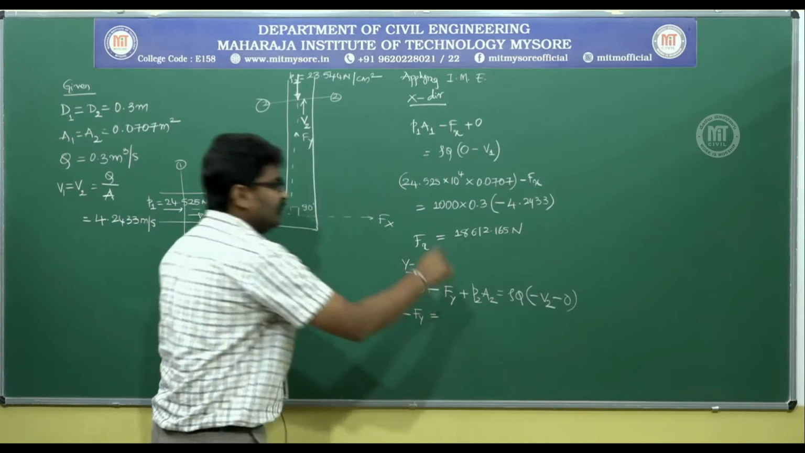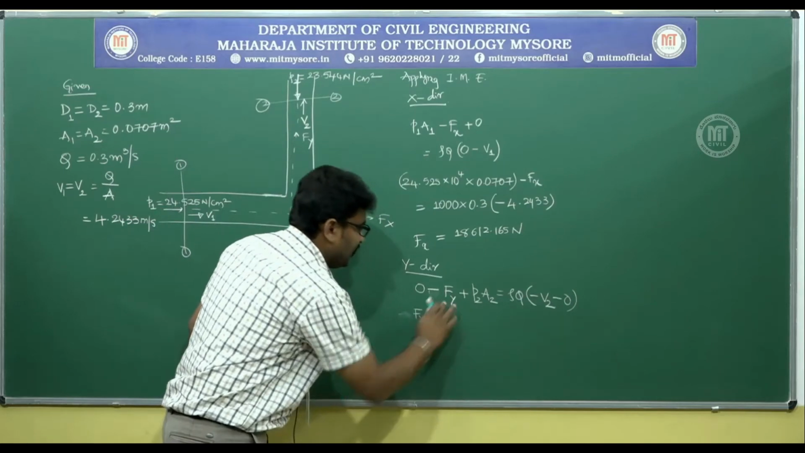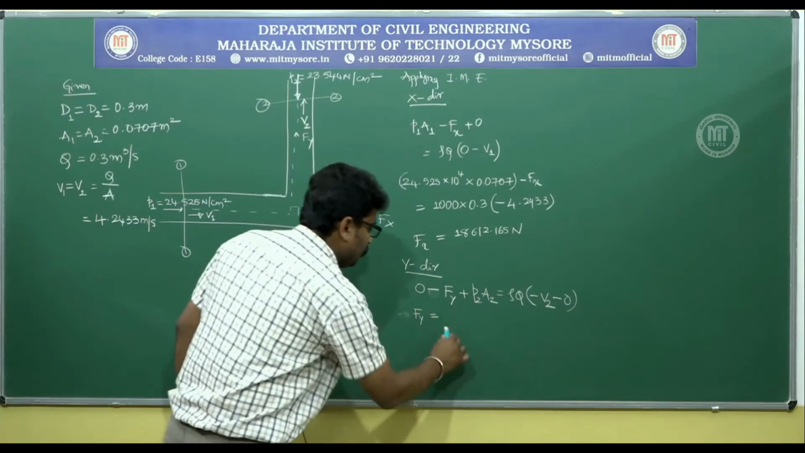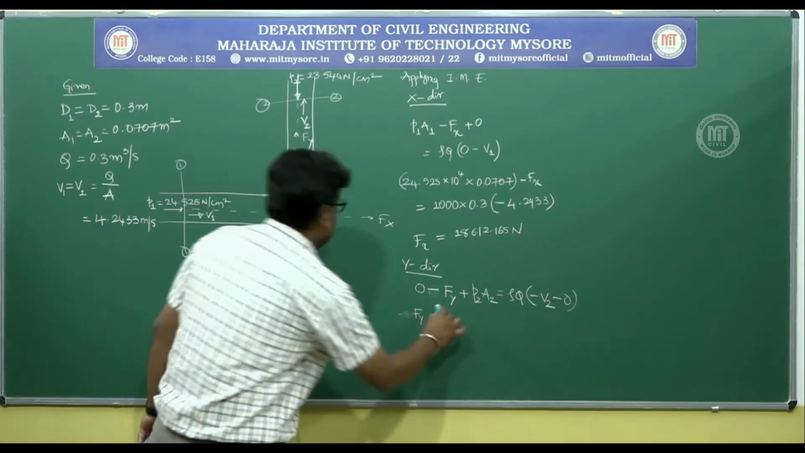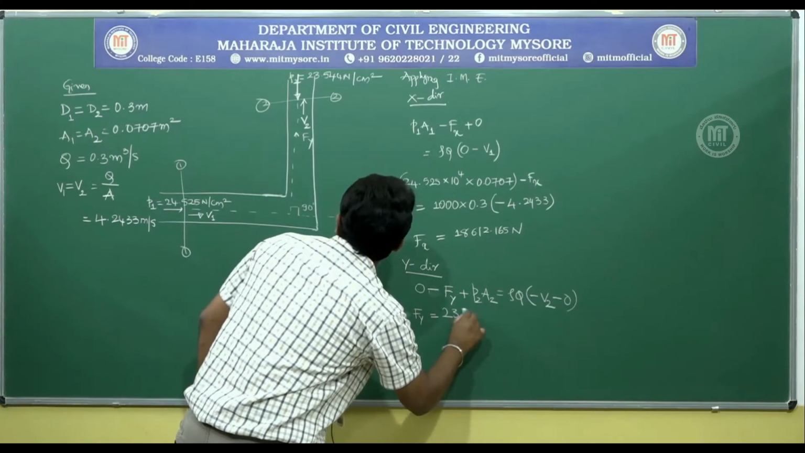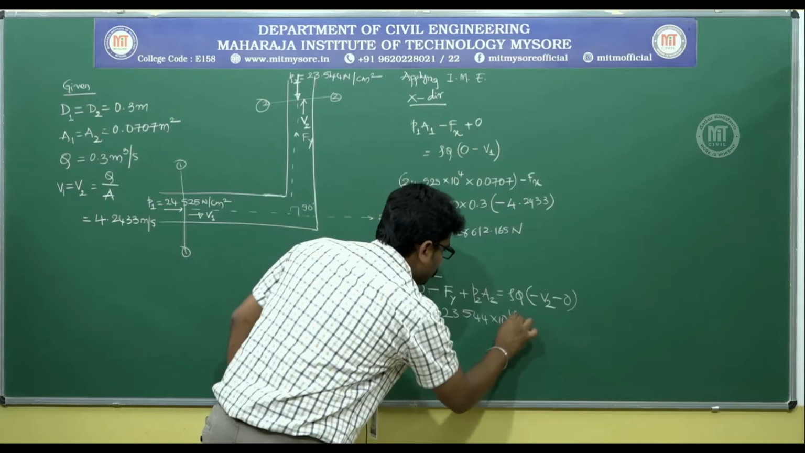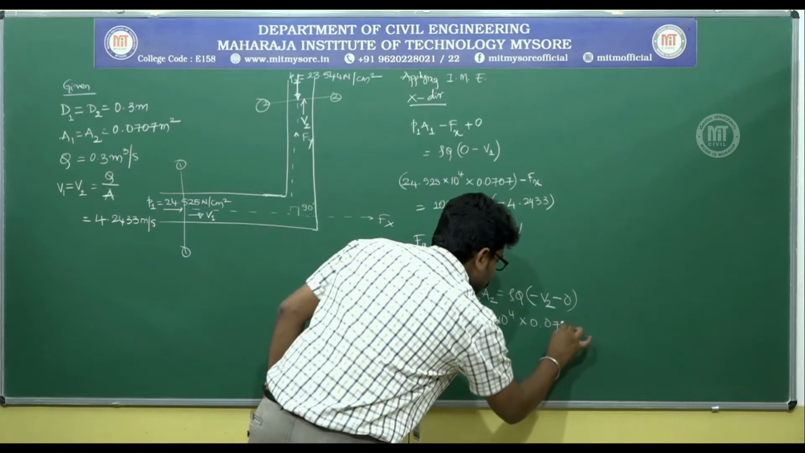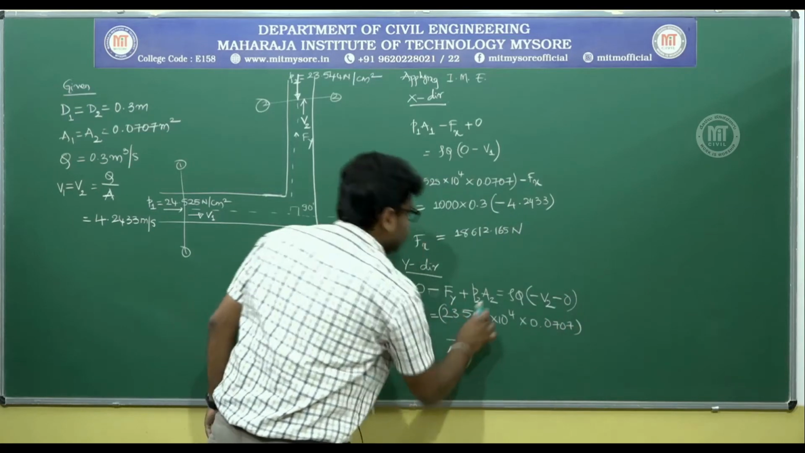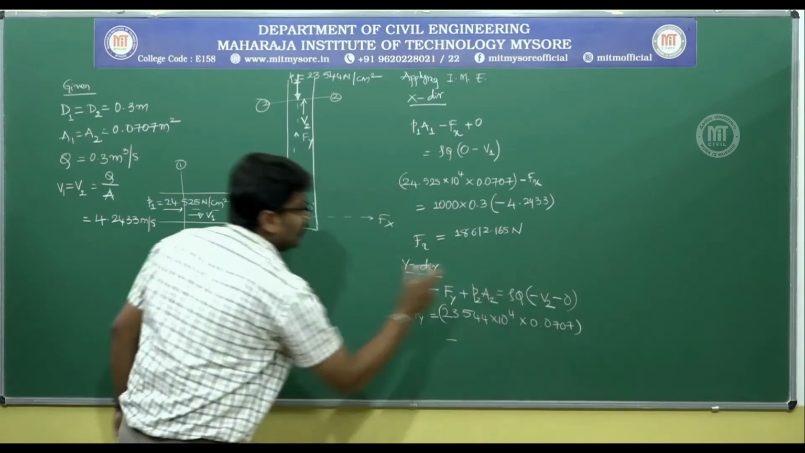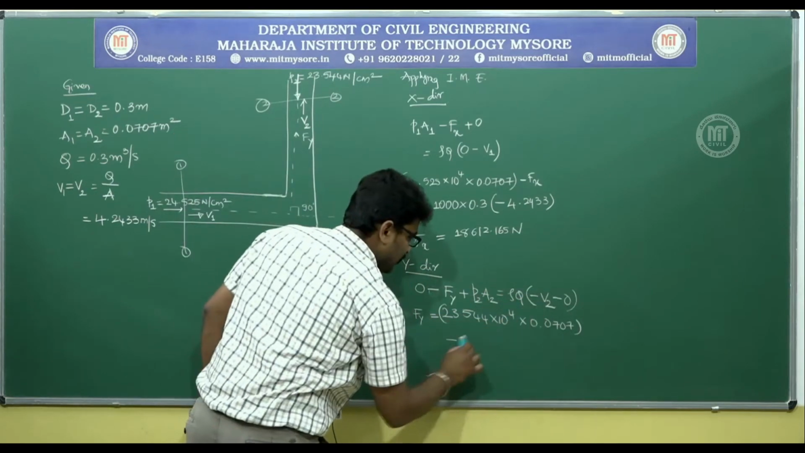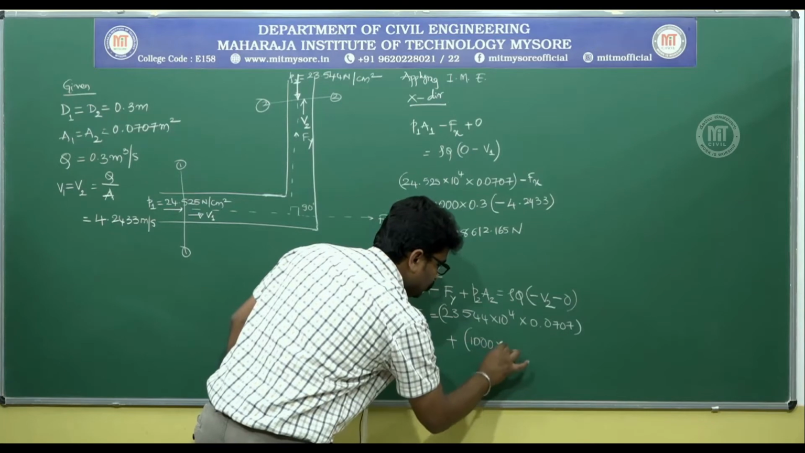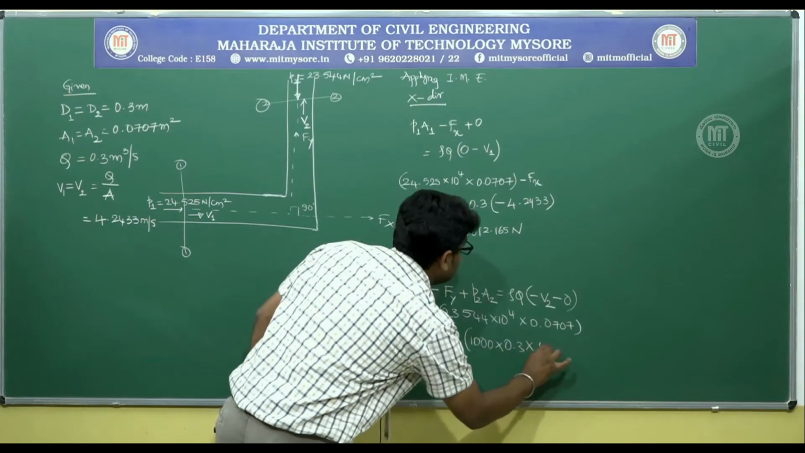Remaining things you can send it to the other side, or keep Fy, send Fy onto the right hand side, keep rest of the things to this side. What am I left with? Fy is equal to, what is P2A2? P2A2 is 23.544 into 10 power 4 into area is 0.0707 minus. So when you have sent this to the left hand side, negative would have become positive. So I will write it as positive. Rho is 1000 into Q is 0.3 into V2 is